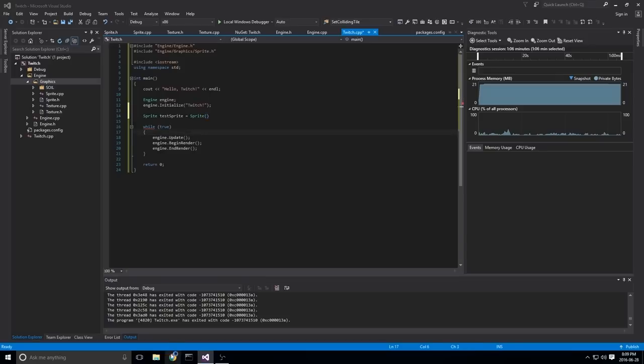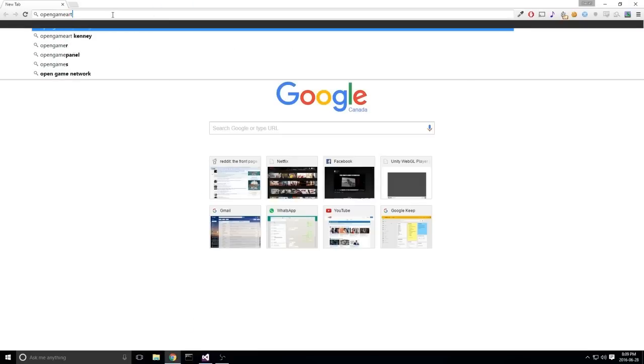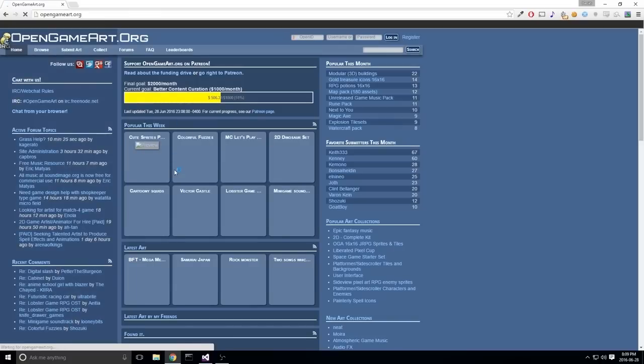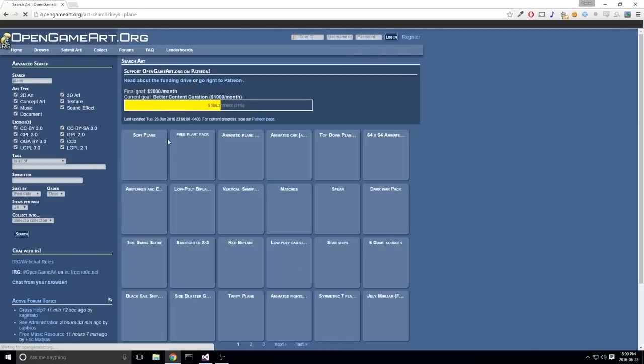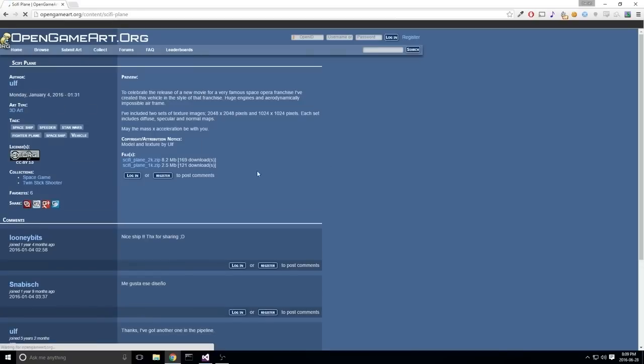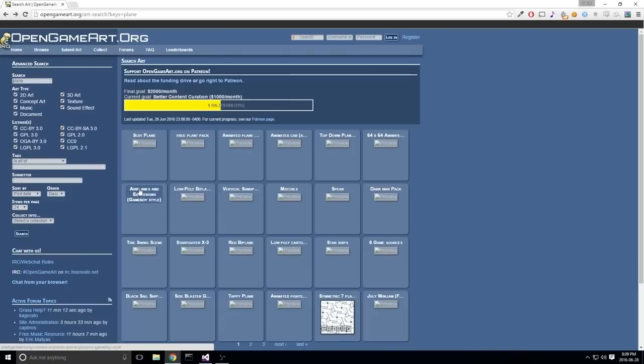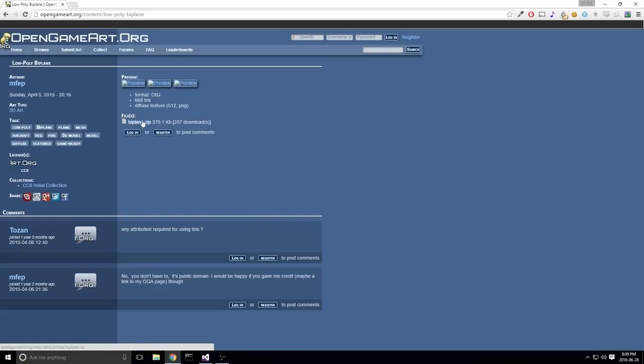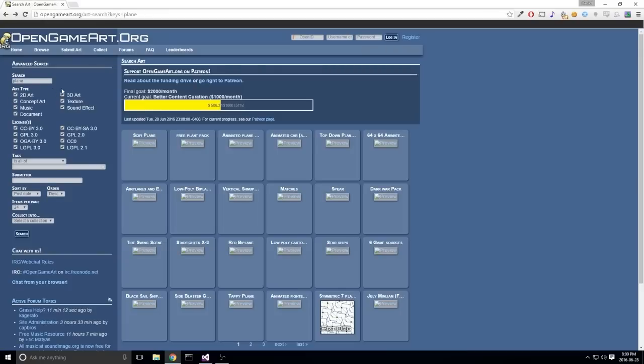So I'm just going to pull one real quick from OpenGameArt. If you've never used OpenGameArt, it's a place where you can go and use free art that includes music, assets, anything. So let's look for a plane. This can be whatever you want. I don't know why these aren't loading properly or something like that, but I want a plane. I just want something simple like this. I think this is, oh, it's OBJ. Oh, this is 3D stuff. No, I want 2D art. Let's remove 3D. That should be fine. Oh, we don't want any music or documents or sound effects. We don't want textures. I don't care if it's concept art.